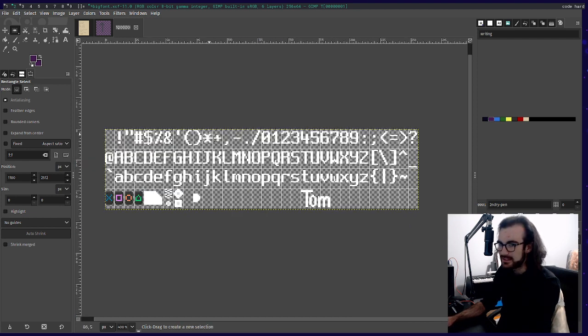Because it's 8 across, 8 times 32. 256, 2 to the 8. 2 to the 8 divided by 2 to the 3 is 2 to the 5, which is 32, which is how many things across this is.